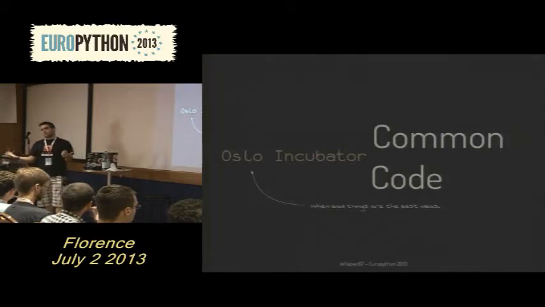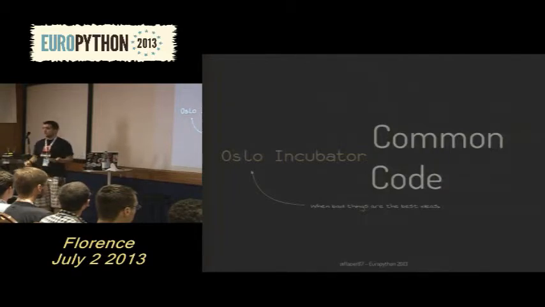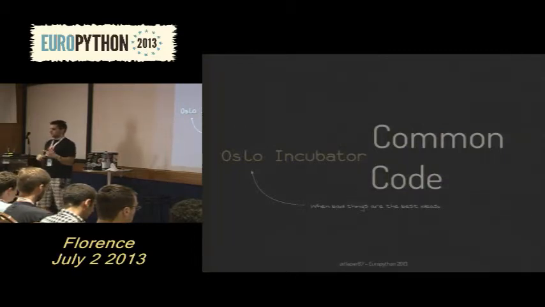So OpenStack is a really huge project. And as every single huge project, it has common code, right? We have many projects, and those projects share some code, like database access code, like JSON utils, like time utils, str utils, or many other code, right? So we don't want to repeat ourselves. So in order to avoid that, we had to create this Oslo Incubator for a couple of reasons.